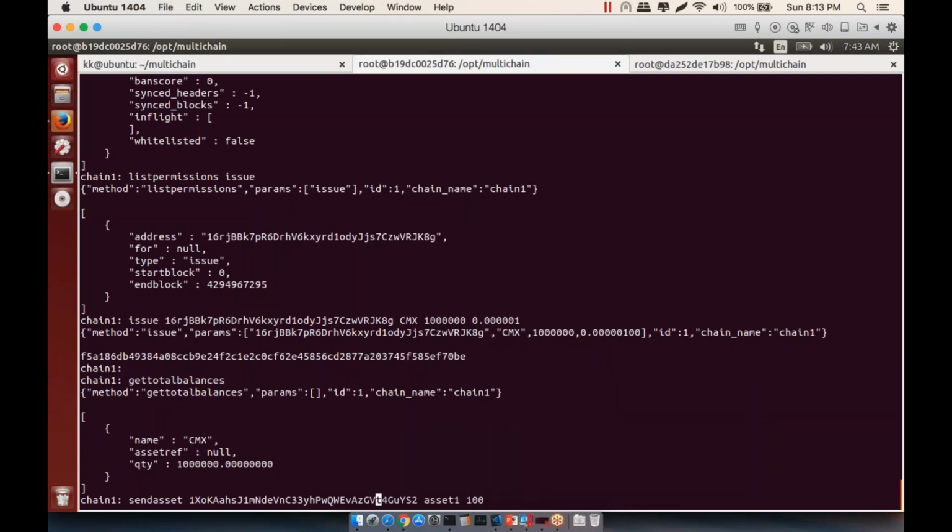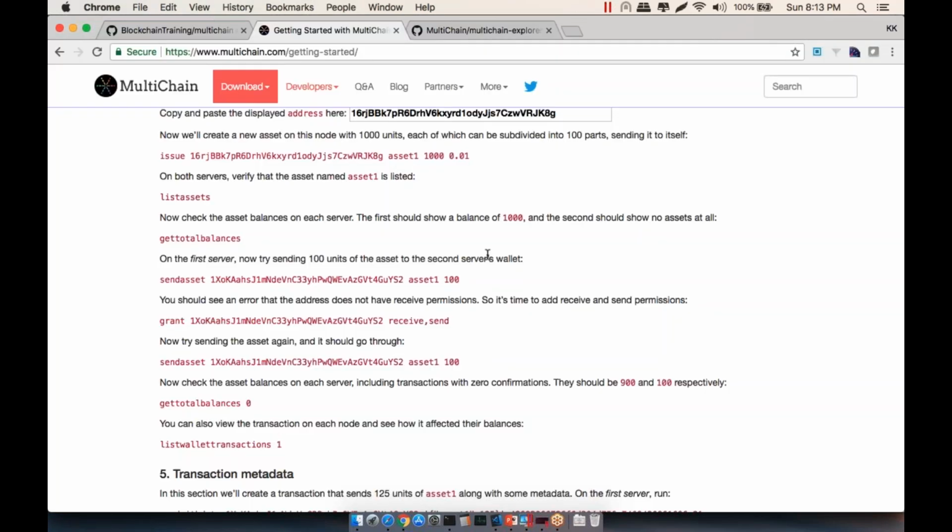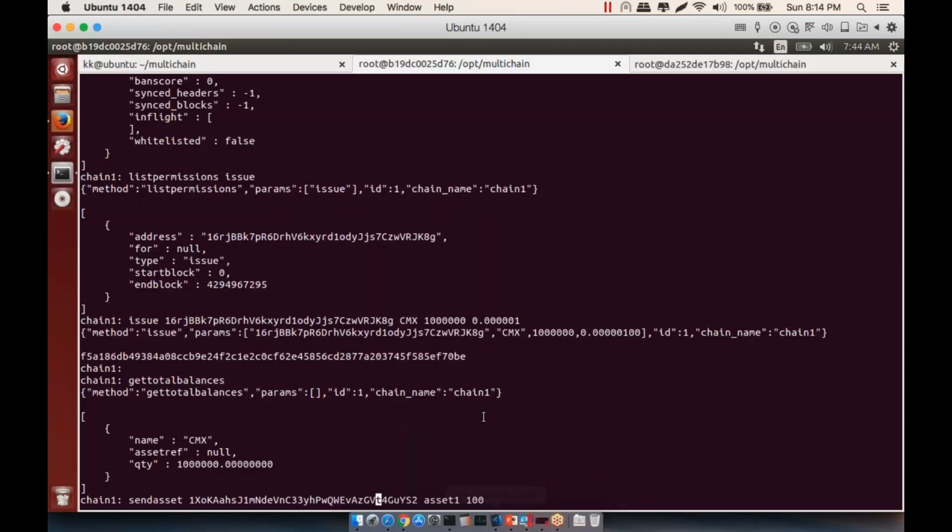This page actually creates all these interactive commands for you so that it goes very smooth. So this is the address of the second guy, and it says send asset. Since I'm the owner of this asset and I'm running it on node 1, it will execute. The same would not execute on the other node, because he doesn't have any quantity or any asset associated right now in his balances. Okay, so send,